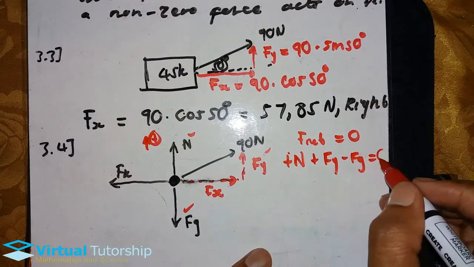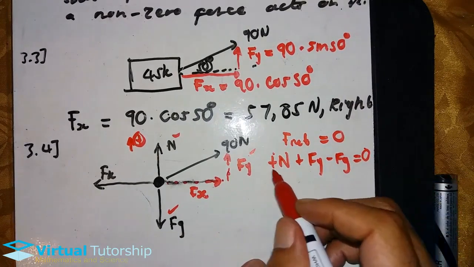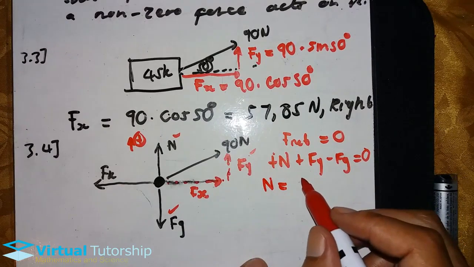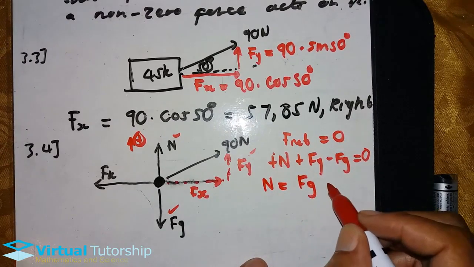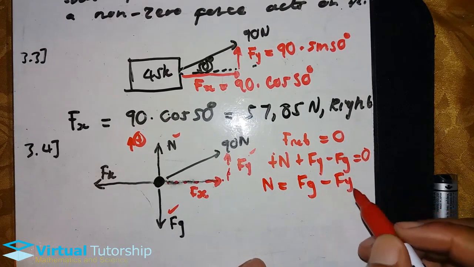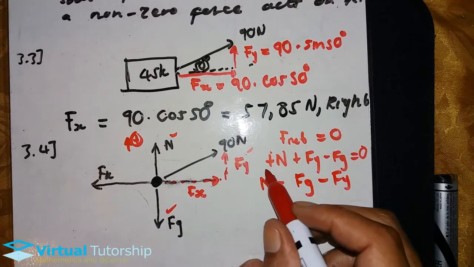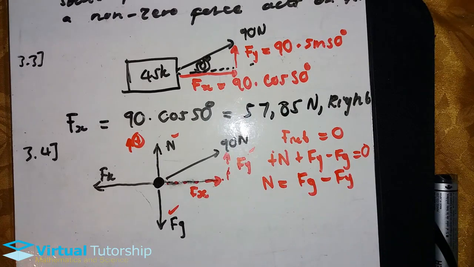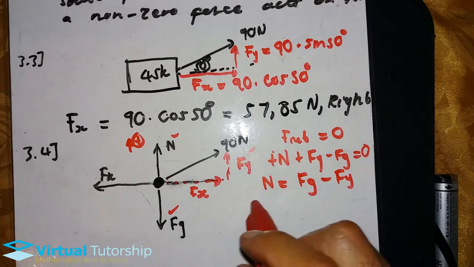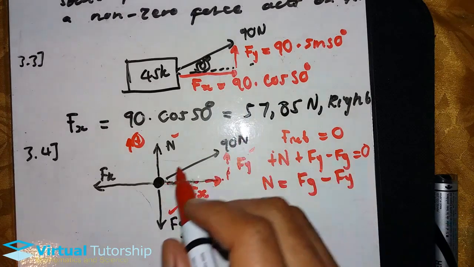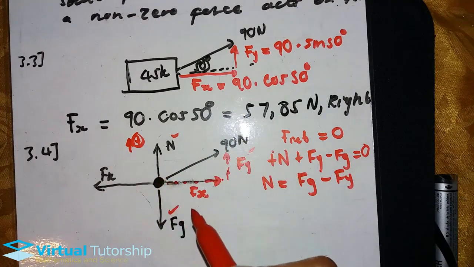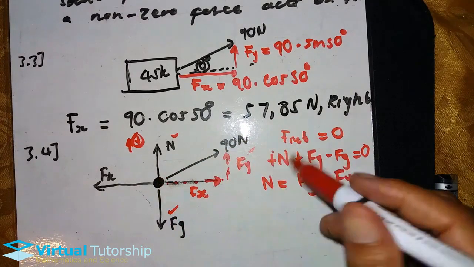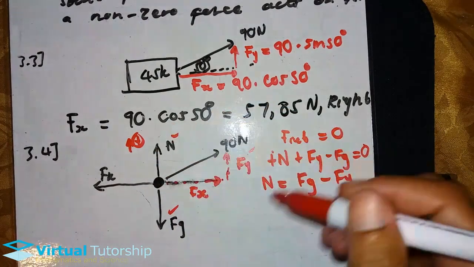Now let's manipulate this equation and make n the subject of the formula. I'll find that it's positive Fg, negative Fy. So our normal force is equal to Fg subtract Fy. So in your normal force, whenever there's a force applied at an angle, you must calculate the net force